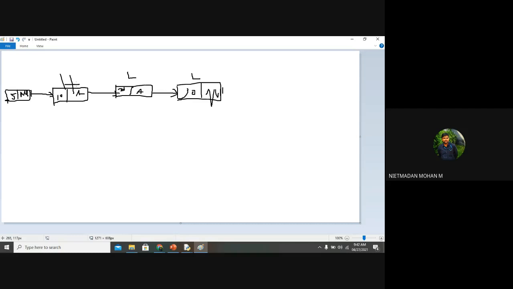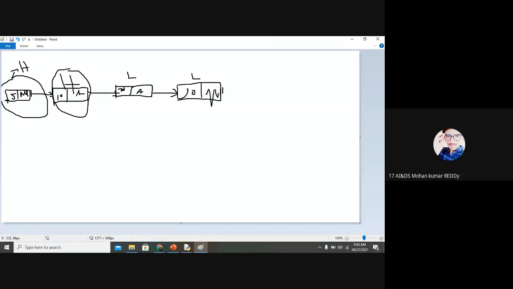What will happen if you want to insert before the head node? First, you want to know that this node will be considered as your head node, right?